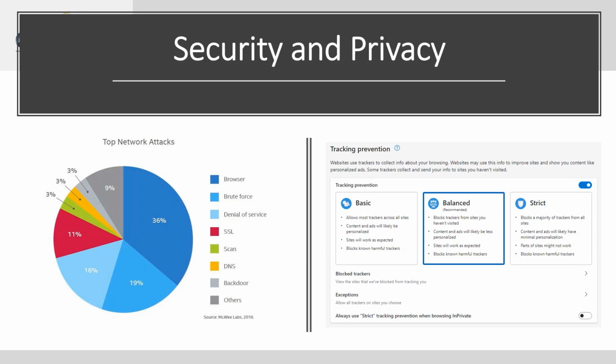An additional feature that Chrome has, though, that isn't yet available in Edge is its built-in password checker, which warns you if you log into a site using credentials that are known to be compromised, giving you a chance to change your password before someone else gets into your account. It can even help you generate a new, harder to guess password and automatically log you in the next time